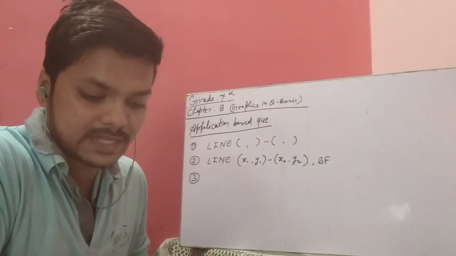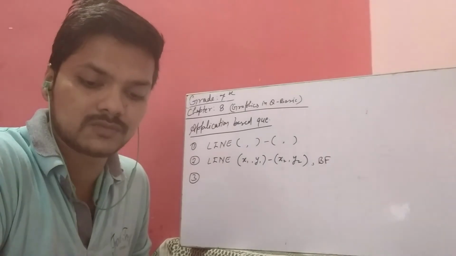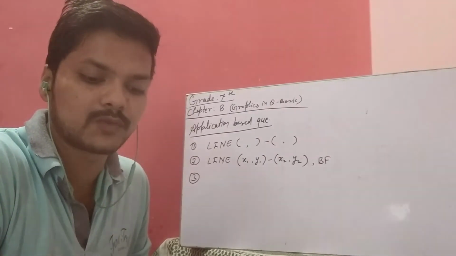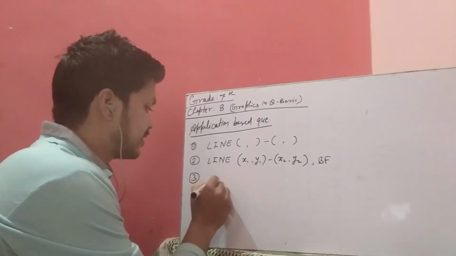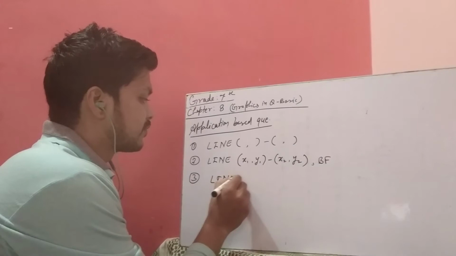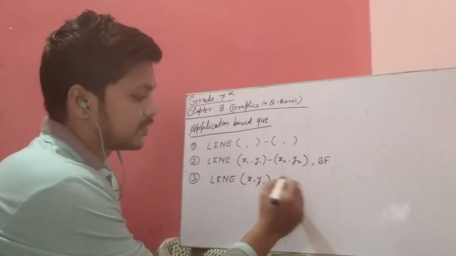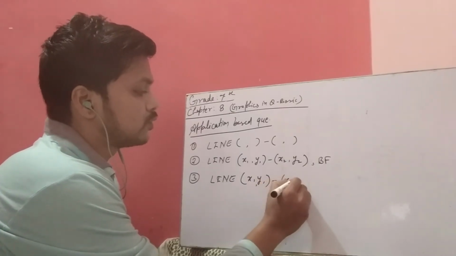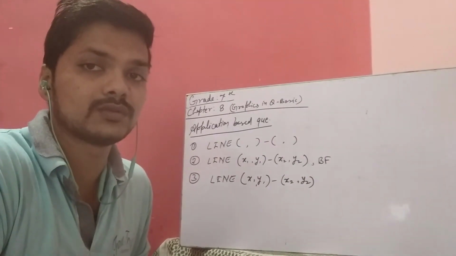The computer teacher has asked Swati to draw vertical lines in QBasic. Which coordinates will you suggest to her to send the same for both starting and ending points of the line? So same thing that we have written here: LINE x1, y1 dash x2, y2. Which type of command does she have to write?